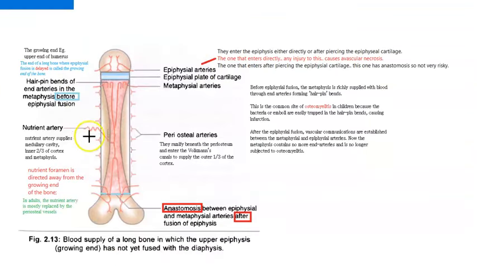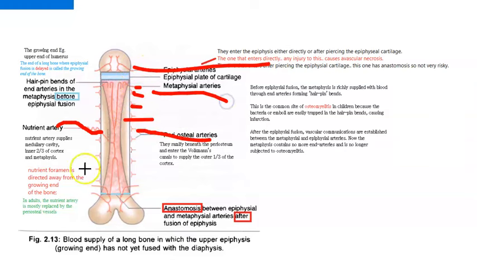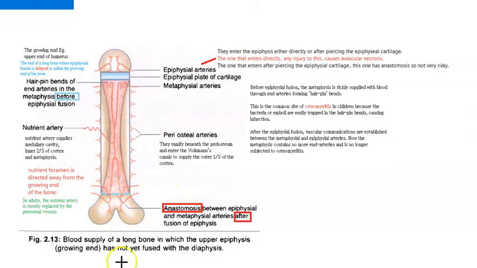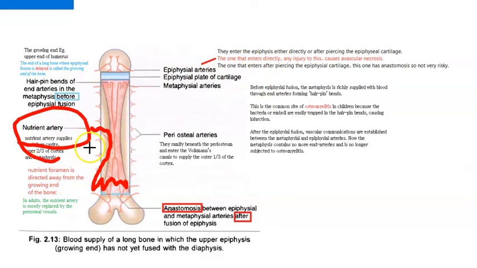So guys, bone makes blood cells, we told you, but understand that it also needs blood supply. There's a nutrient artery here, then we told you there are periosteal arteries, epiphyseal artery, metaphyseal artery, so many types of arteries are there. Look at this, there is a hairpin bend here, where this nutrient artery enters. That is where all the bacteria will come and sit. Whereas the nutrient artery will go through a nutrient foramen.